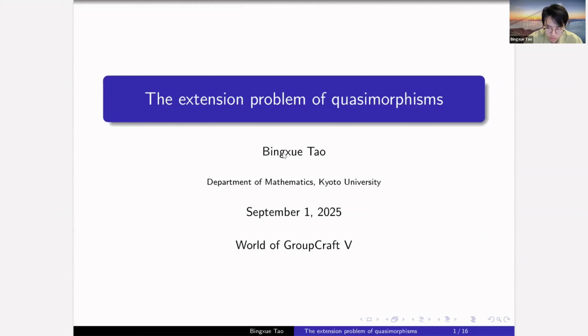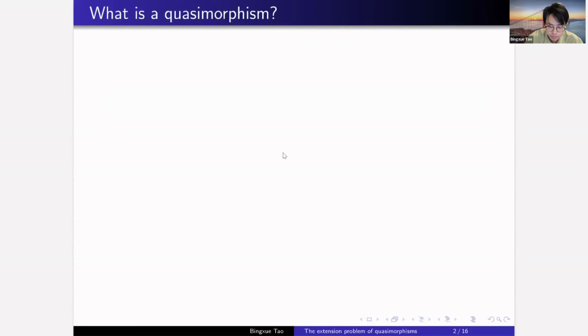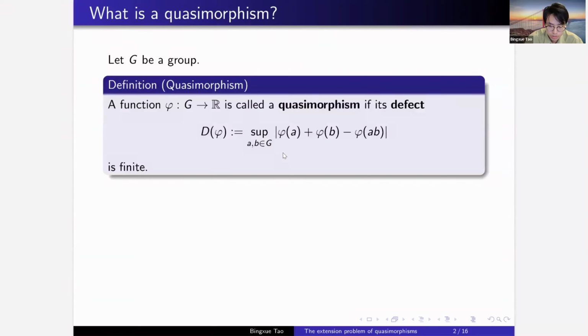Okay, thanks for the introduction. Today I will talk about the extension problem of quasimorphisms. First, let me introduce what a quasimorphism is. Let G be a group. A function on G is called a quasimorphism if its defect, defined by the following, is finite. So here you could see that